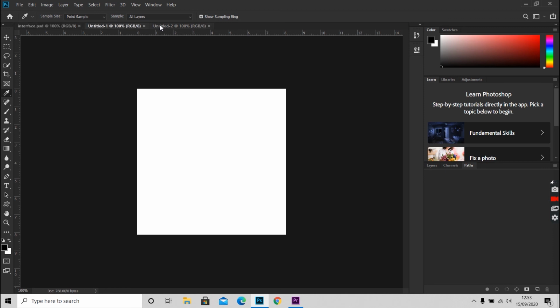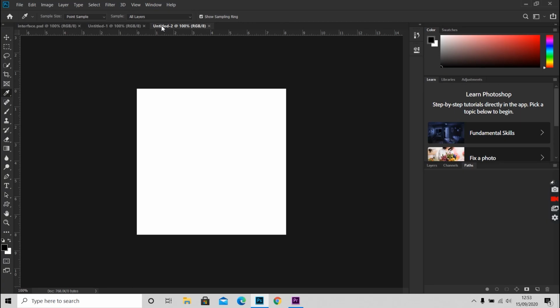Like I have these 3 tabs here. We can click on the tab of the document we want to work in. And we can always close these tabs by clicking this cross sign at the top of the tab.